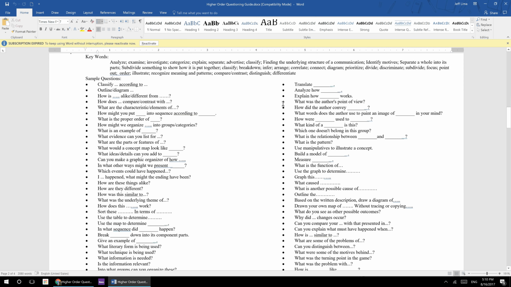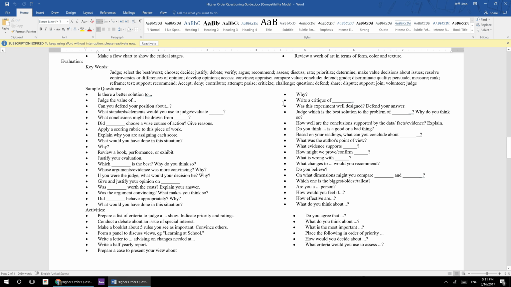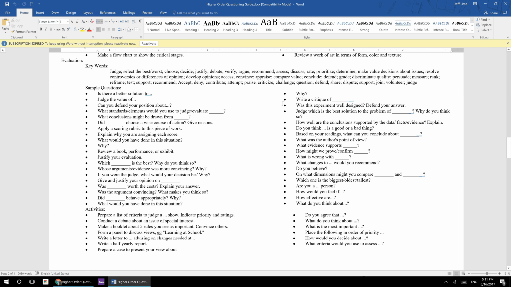So analysis is much more interesting than any of the other previous levels. Evaluation is one that a lot of students will then struggle with. Some people think it's the deepest level you can get to. Other people think it's synthesis, but whether one or the other is the deeper of the levels, it can be challenging for some students to judge based on evidence what's better and what's worse, to debate, to convince someone using